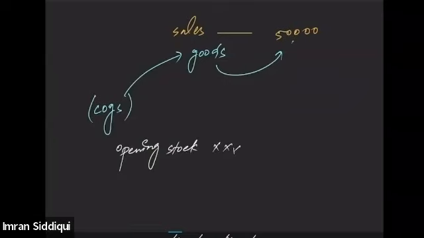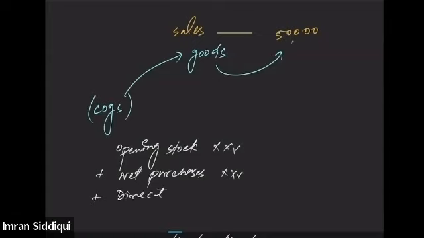Then we add net value of purchases. Net purchases means purchases after adjusting the return outward. That is purchase minus purchase return. That is net purchase. Opening stock plus net purchases. Then we also add all other direct expenses. Direct expenses means all direct expenses such as wages, factory overhead, carriage inward, or any other direct expense will also be recorded,